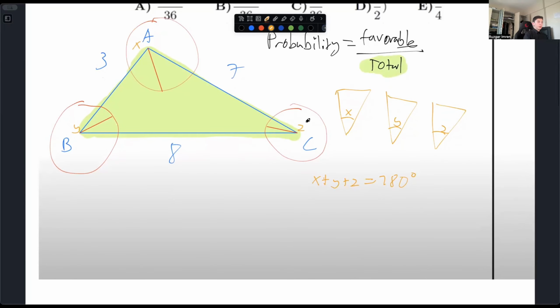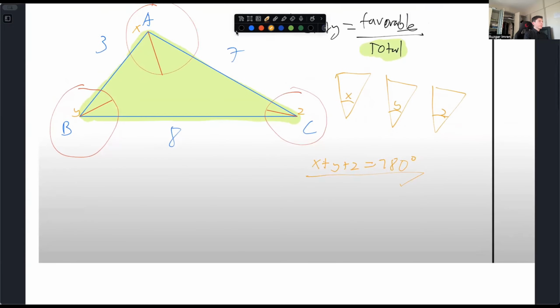So after determining this, we can just say that